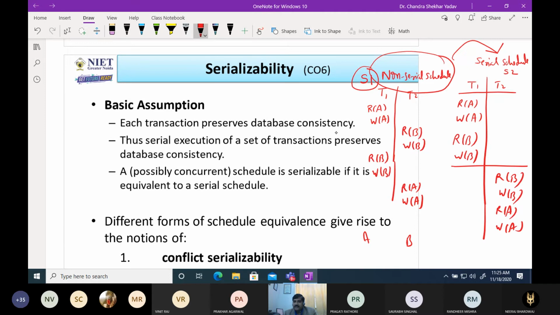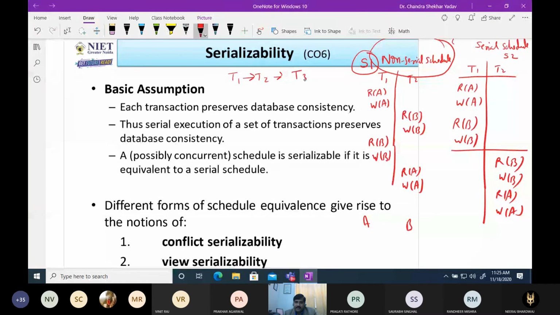To keep the database in a consistent state. Thus, serial execution of a set of transactions preserves database consistency. As we all know, if we execute transactions in serial order, then consistency will be preserved.